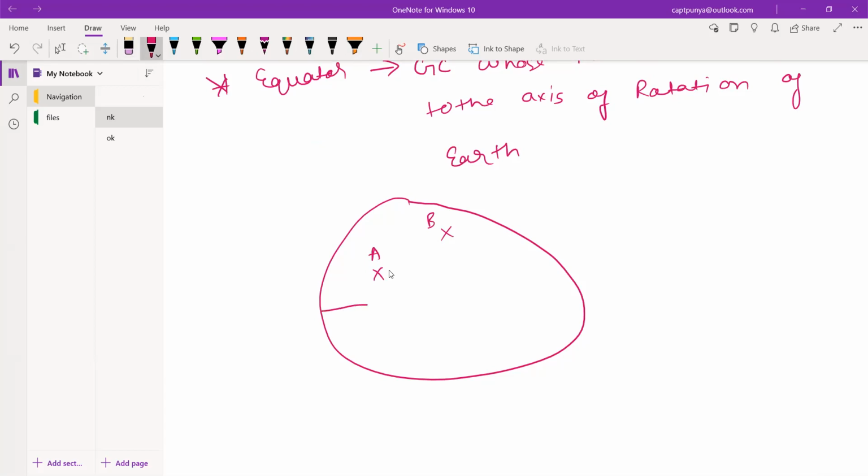देखो, ये मेरा अर्थ का डायमीटर है, राइट? तो अगर मेरा एक पॉइंट हुआ यहाँ पर, एक पॉइंट यहाँ पर, और एक पॉइंट यहाँ पर, तो इसको मैं ले लेता हूँ C, और लेट मी टेक दिस D. इसको मैं लेता हूँ E, और इसको मैं लेता हूँ F. तो C और D क्या है, मेरे डायमेट्रिकल